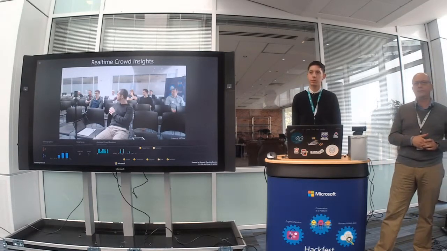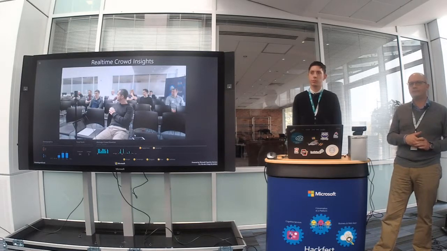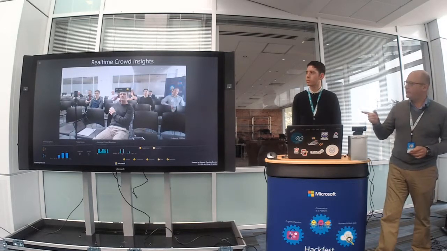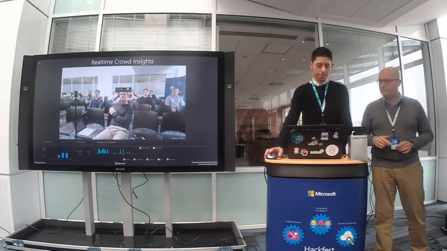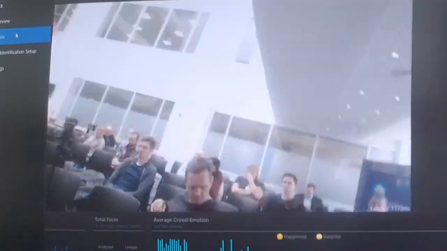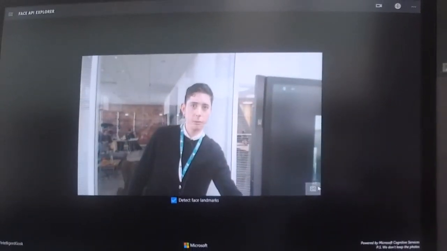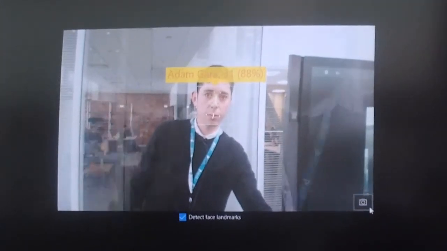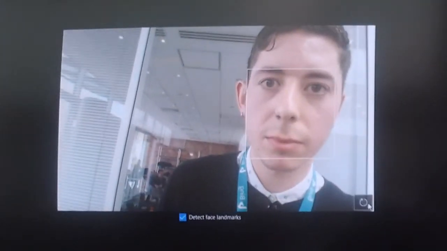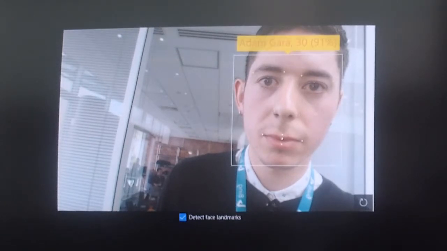What kind of features is the model using? Maybe we can show the facial explorer and show the same. Just take a photo. Yeah, so you can see that it actually has all the points on the face. Maybe do another one and I will bring it closer so it is bigger. So you can see all the